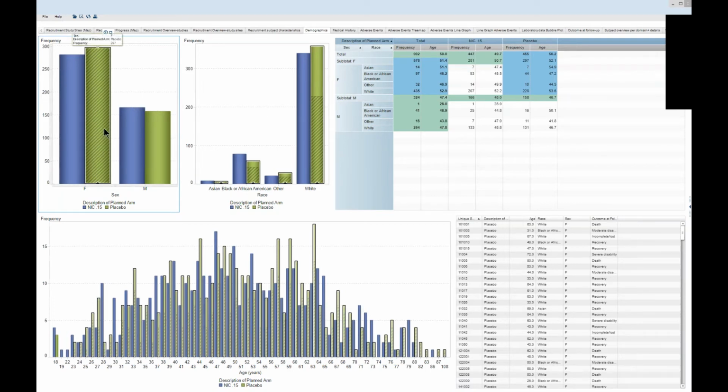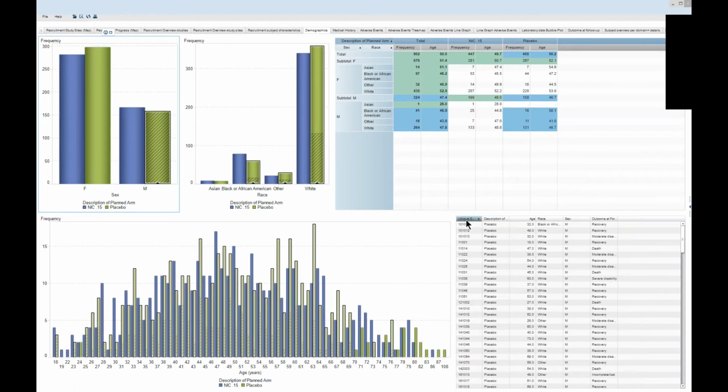The same, so the brushing in the bar charts also actually happens in the table. So if you click on any bar in the table, the parts where, in this case, the male placebos are also highlighted in the cross table. And here at the right bottom, I have a small, basically listing of unique subjects ID,